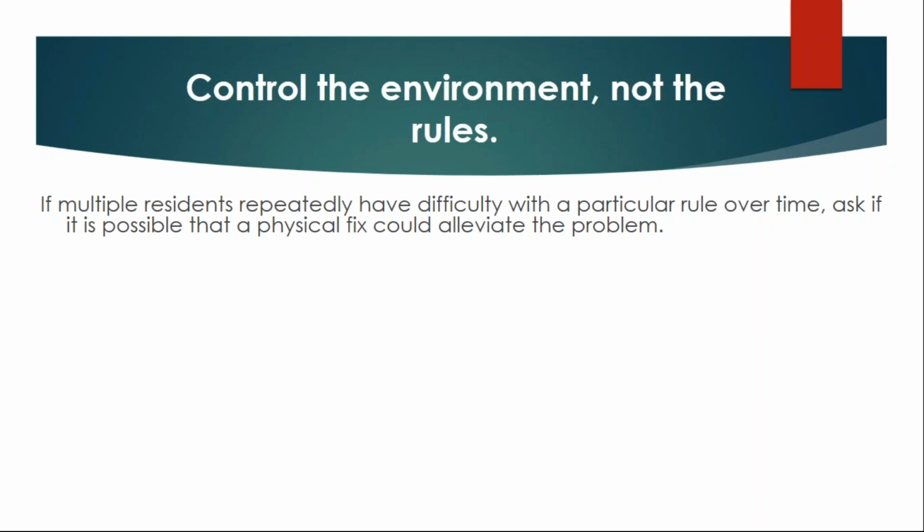So if you see something happening, like a lot of residents are having trouble keeping their rooms clean, and this is becoming a concern of the staff, or if a lot of residents don't seem to be having constant eyes on their children and this is becoming a concern of the staff, is it possible that a physical fix can alleviate this problem versus